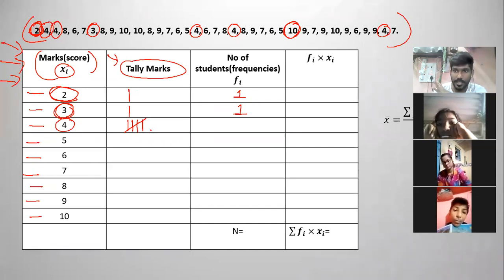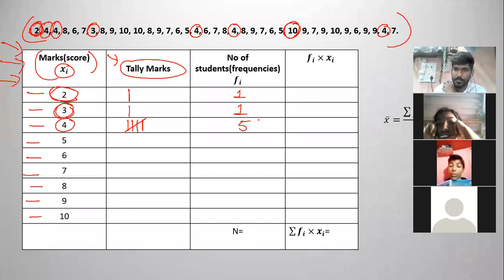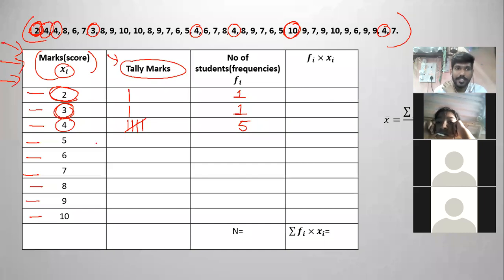Once 4 lines are done, if there is a 5th number also, then the 5th line is done like this. It is cancelled. And here we'll write 5. Is this clear, everyone? Yes. Chandra, is this clear? Ashutosh? Yes, sir. Clear. Okay.